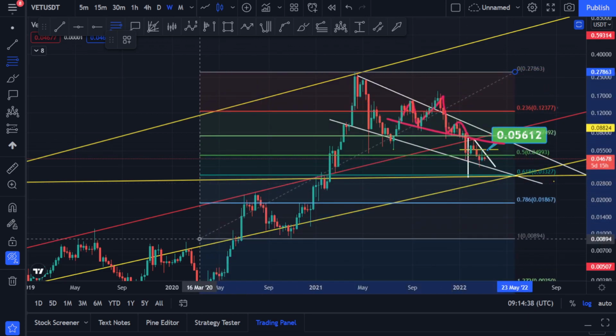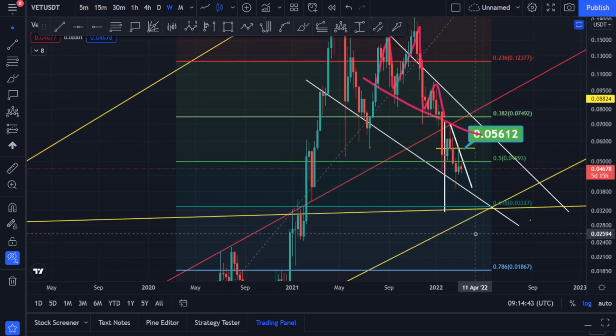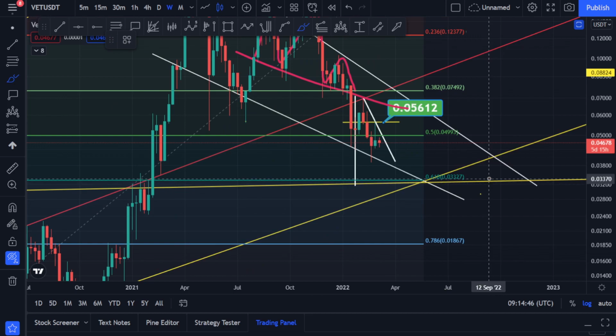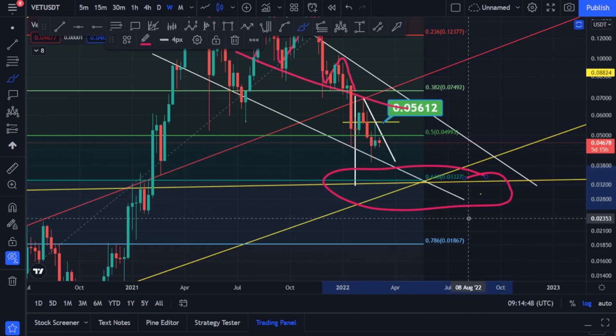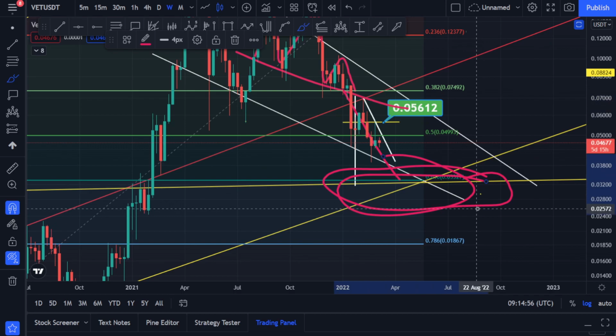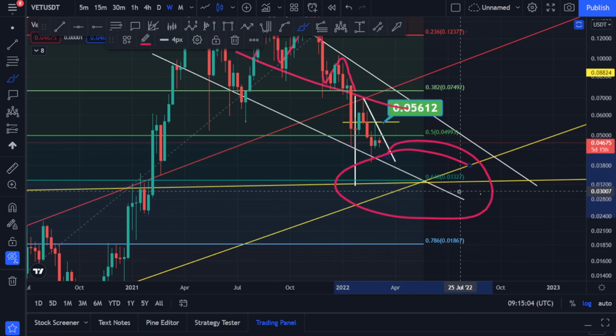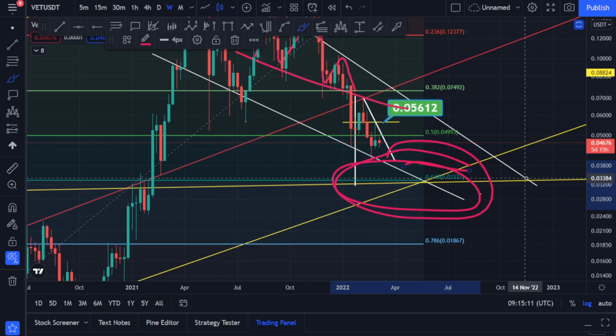Where is that level? Like I told you, it is the 0.618, the golden ratio, right over here. So that does make a lot of sense when it comes to technical analysis, that the price is trying to fall back to the support of the golden ratio. Now if you can hold this, if the price comes down, it's not further away, this can be an area of accumulation. I don't know to be exact, because if Bitcoin makes a reversal, this area can just go to the trash. It's just going to make a reversal right there.